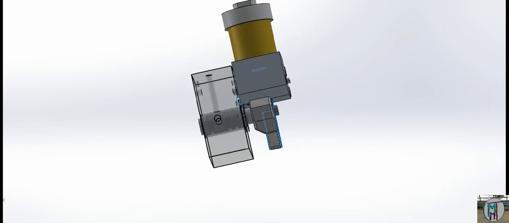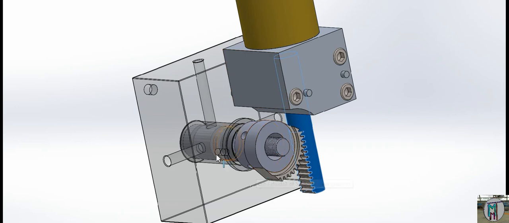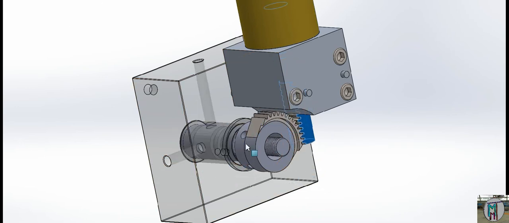And if we are not taking the material or chemical from this valve, it will go back to the tank, or from where we are getting it. So there are two functions. One, we can get it, and if we are not using it, it will return to your tank.